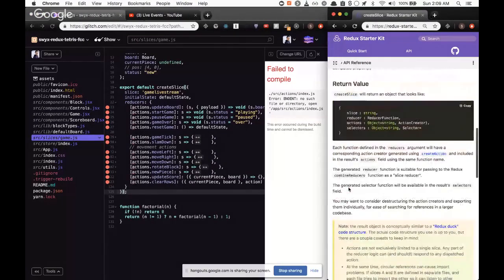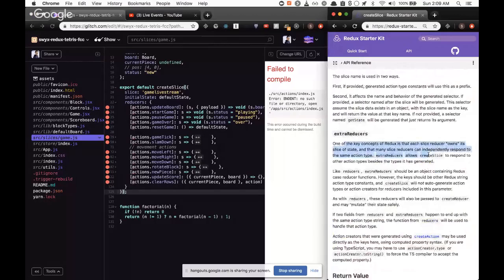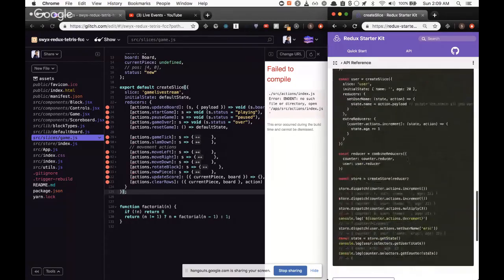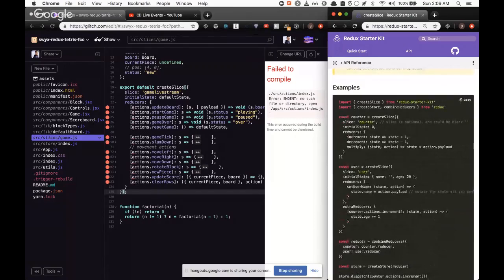I don't think I need extra reducers. Let's see what extra reducers are. Other actions type beside the types it has generated. So I think I will need to use this eventually, but I don't need to yet. So I'm just not going to. So I'm going to keep going. So now I just need